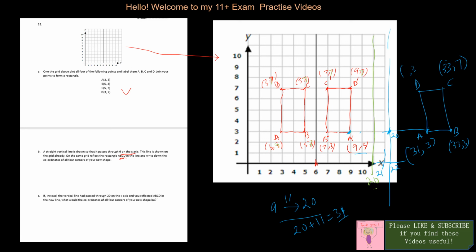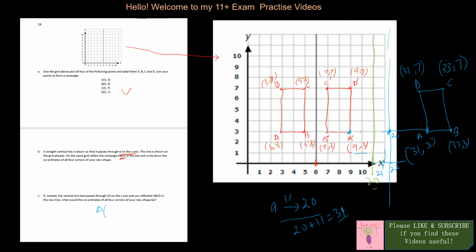No, sorry, it's 7. How awfully silly of me. So it's 7, and then the x1 will be 31 because it's the same x and 33. So I think the new coordinates will be